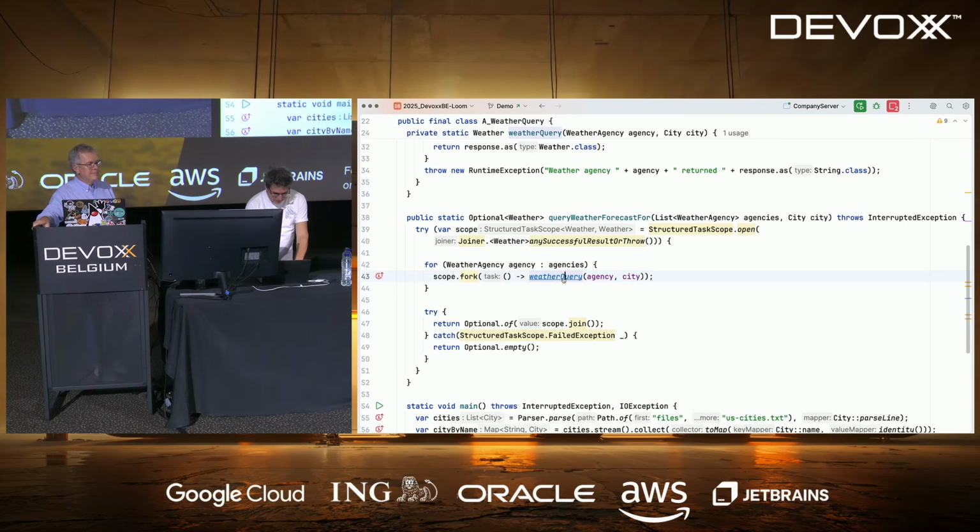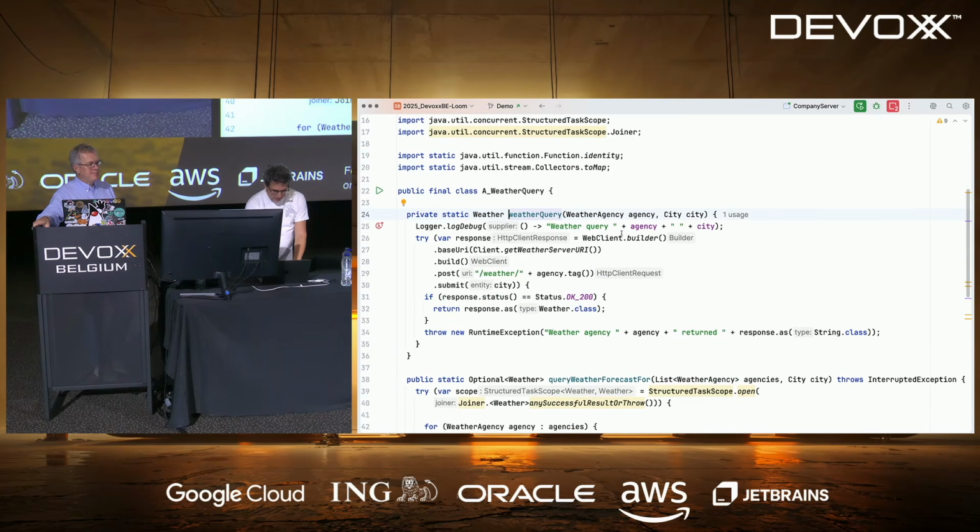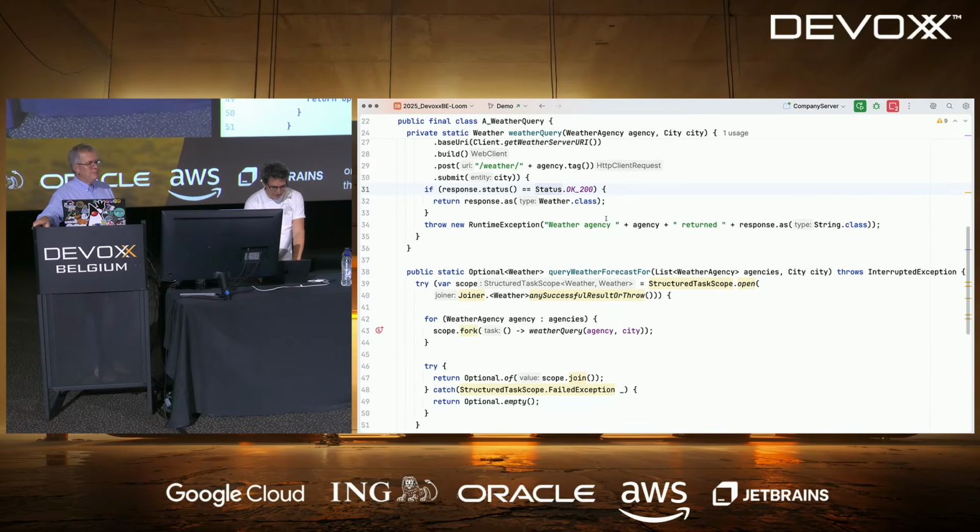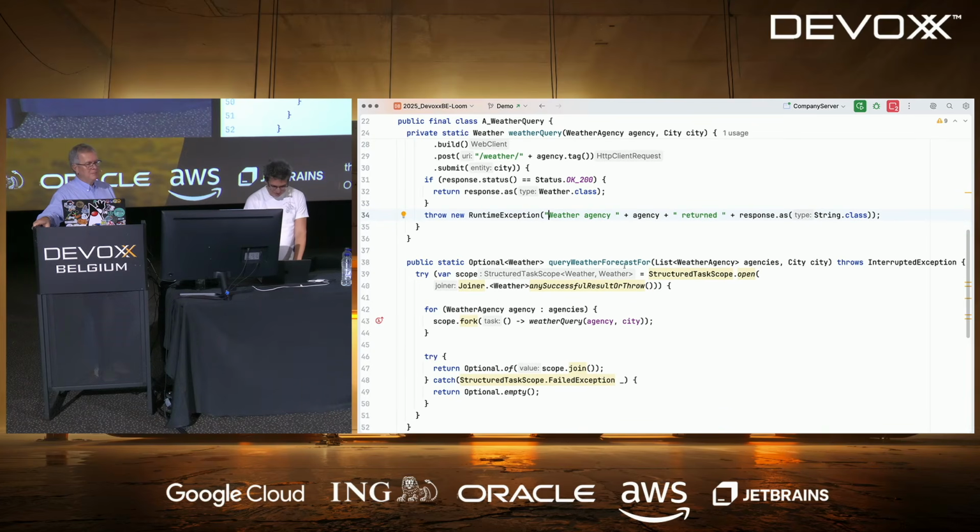You can see the weather query is just something that will use an HTTP client and post the value, and if the status is 200, then I know that the JSON is a weather, or it throws an exception, and I will explain why throwing an exception.